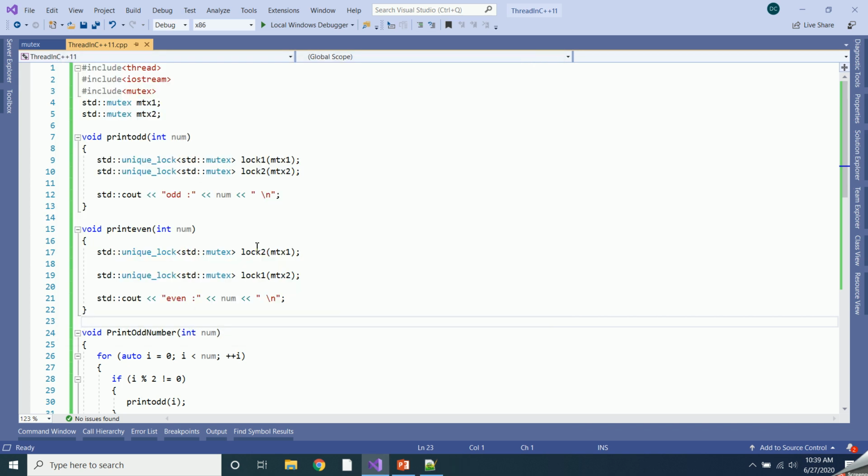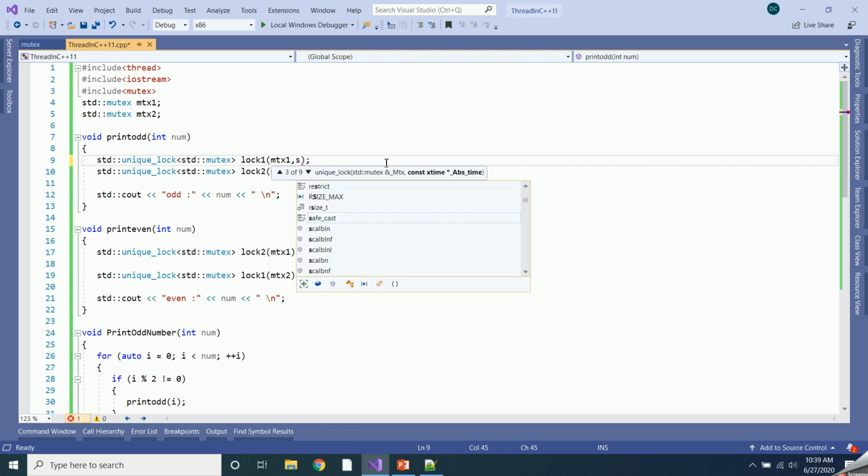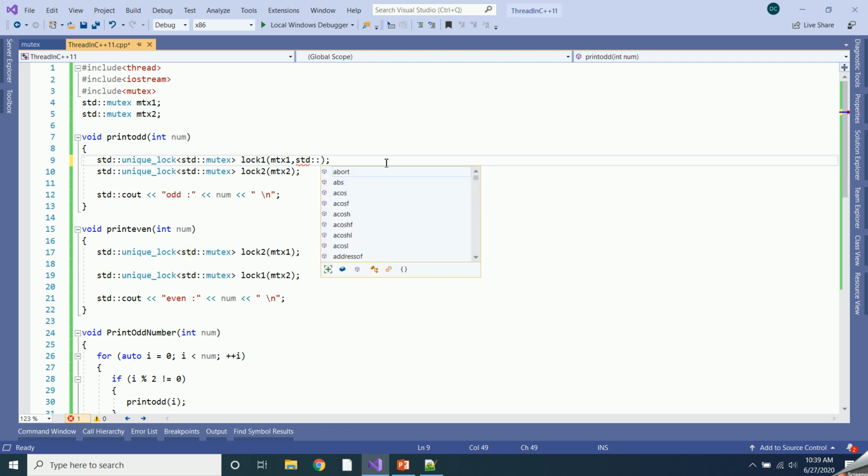So the same order has to be maintained if you want to acquire multiple locks, and you can achieve the same thing another way, by passing another argument called defer lock.